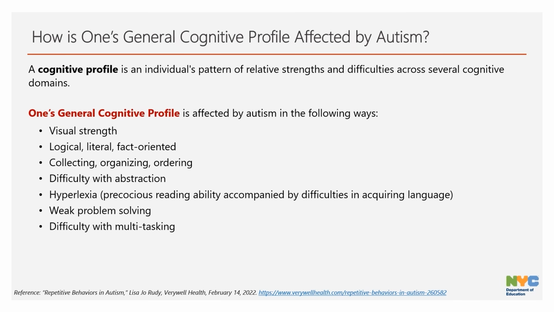How is one's general cognitive profile affected by autism? A cognitive profile is an individual's pattern of relative strengths and difficulties across several cognitive domains. One's general cognitive profile is affected by autism in the following ways: visual strength, logical, literal, fact-oriented, collecting, organizing, and ordering, difficulty with abstraction,